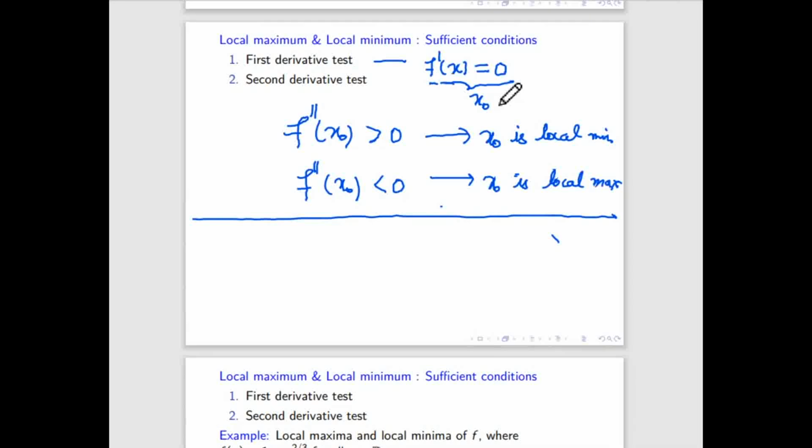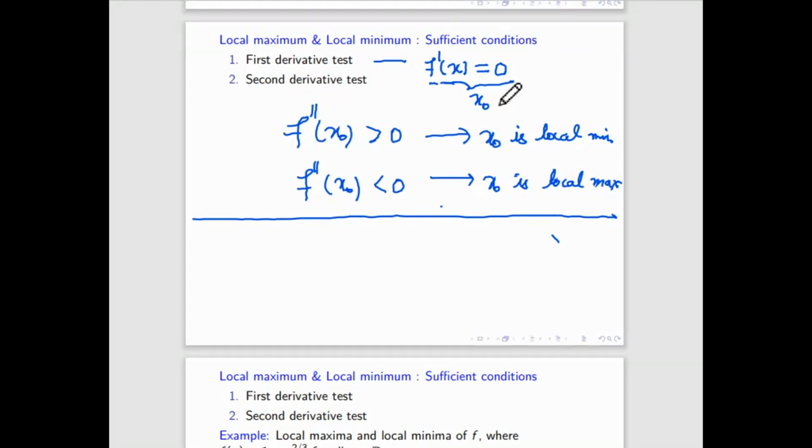So now I will give one example and you have to apply only this result to check whether it is maxima or minima. Sir, very simple. Yes, sir, f double dash x0 defines the concavity of the function. Yes. So what is the problem? Do you know this result for checking maxima or minima? Yes, sir. I'm good.